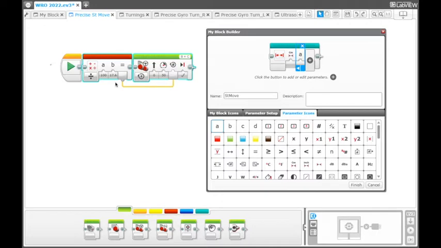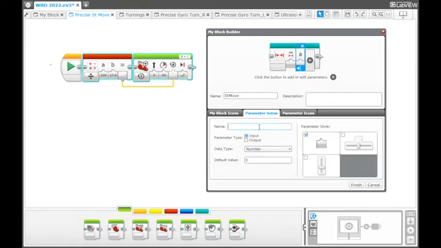So this one we have to use for the next parameter, which is power. So if you want to move fast or slow, then you can use this parameter also in the my block, where it will be very easy for you to modify the program. So no need to go to the main program and change the power parameter. And then we will add the power parameter here. So for this we can go to the